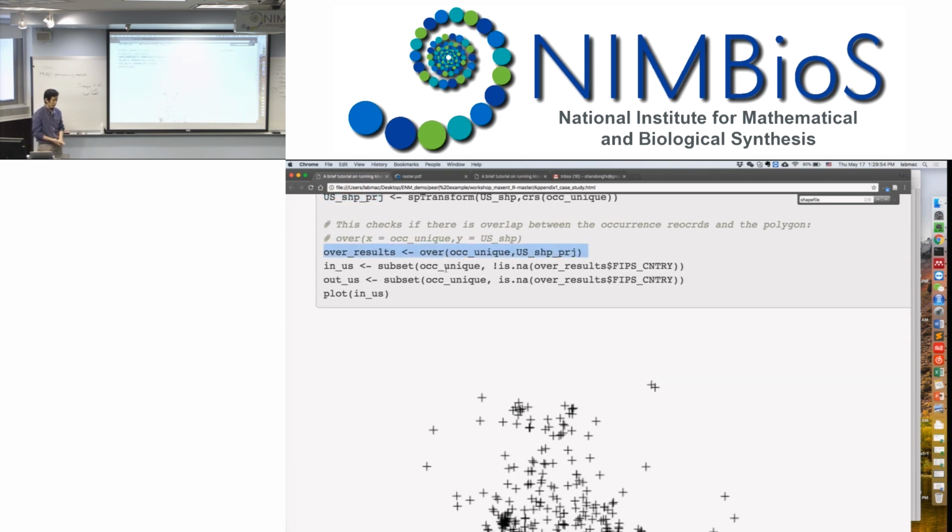So in order to know the spatial locations of the overlap status between the shapefile and the occurrence data, I use the function over. And the two parameters are obviously the two spatial objects. However, I want to caution that the position of the parameter matters. If you run this function, the result is going to be a table. The number of rows will equal the number of rows of your first parameter. So basically, this will tell me,